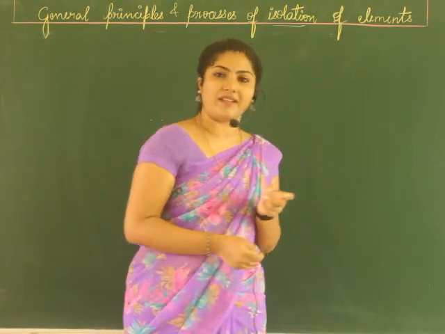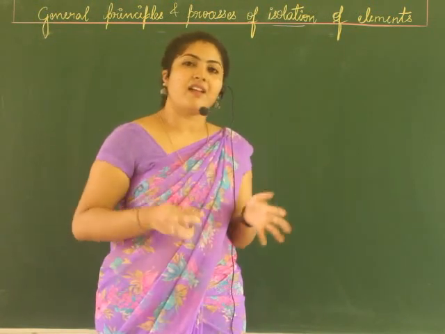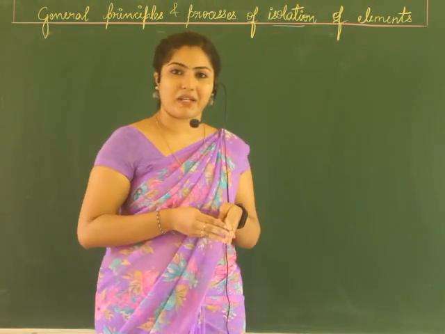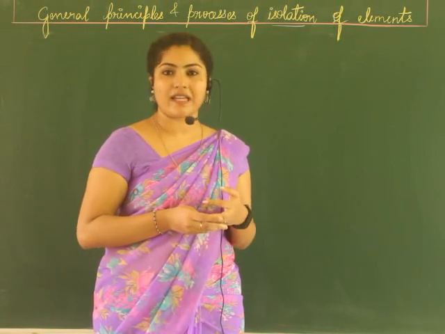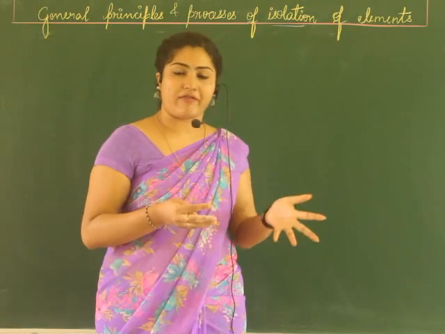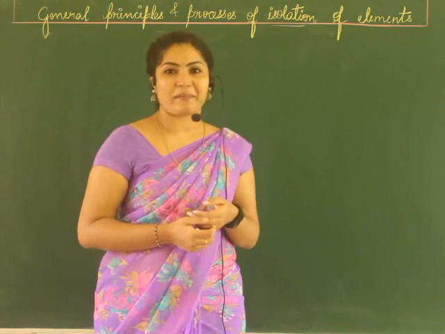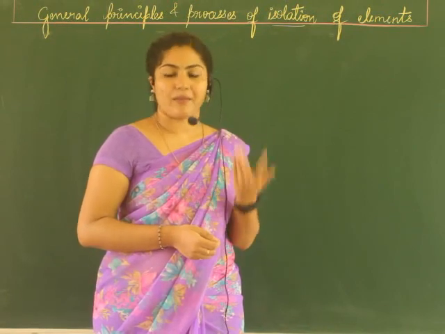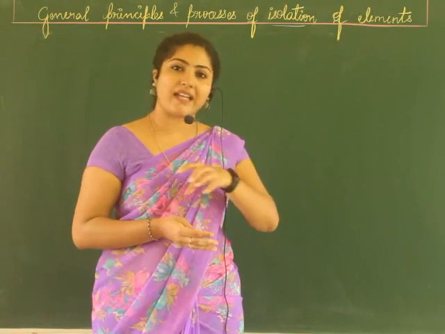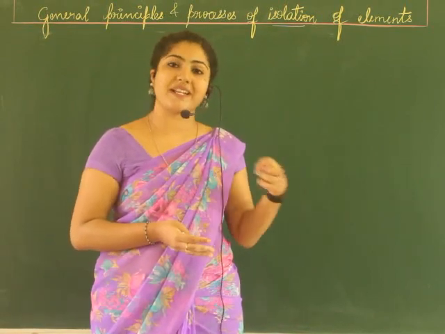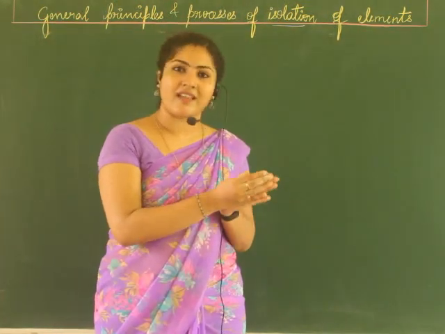So what are we separating? Isolation of elements. In the periodic table we have studied that we have 118 elements, out of which most of them are metals. Yes, S block, D block, F block, all the elements are, and a few from P block also are metals. In this unit we will be studying how the elements are separated, how the metals are extracted from their respective substances.